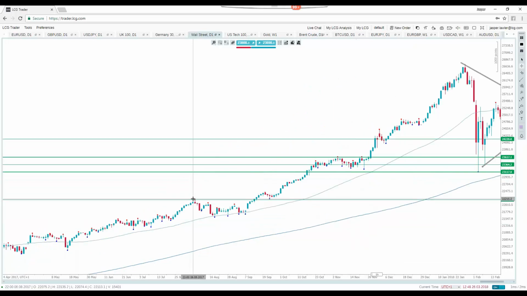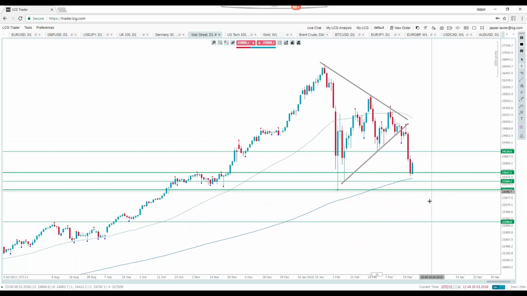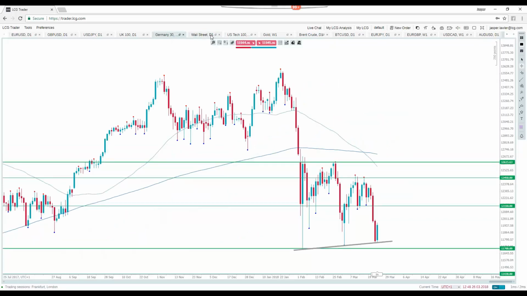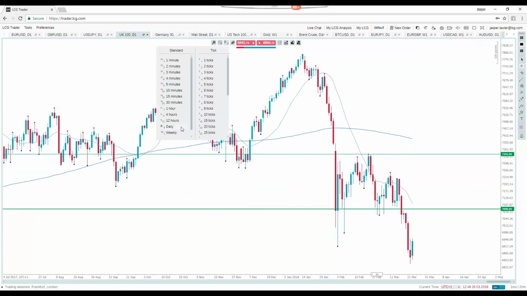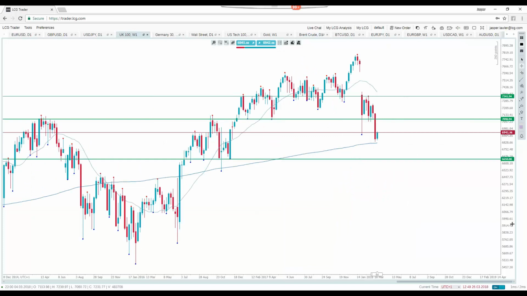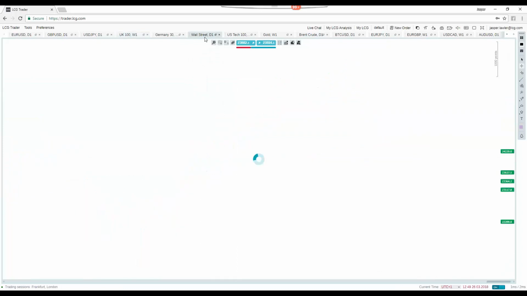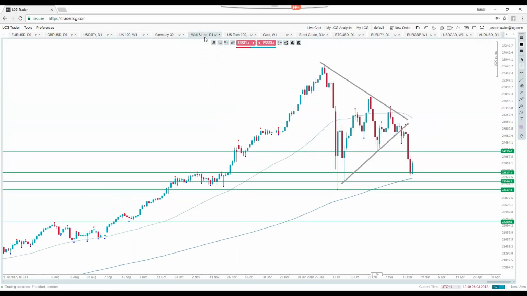So this consolidation phase down here would obviously be another huge drop down to 22,200. We've got to be looking for if indeed we get the break through that correction low there. For the moment, this 200-day moving average is supporting the price. You can see both the DAX through its previous lows and Wall Street with the 200-day moving average, and then the FTSE more so with the 200-week moving average. A few technical supports coming in after this big drop to suggest we could get a couple of days of inclines.